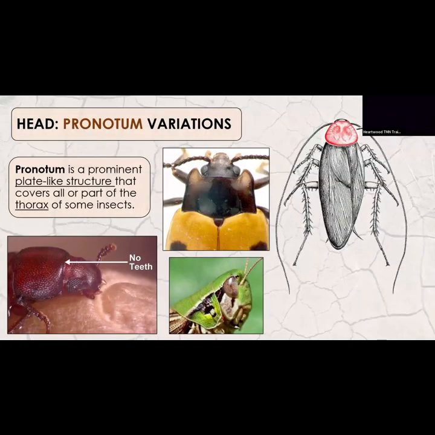So pronotums, that was one of those words that we had mentioned earlier that is going to be used in entomology. I hear pronotum all the time because I deal a lot with bark beetles. So the pronotum, that's that plate-like structure. Sometimes it covers the head, and that's an important characteristic. Sometimes it can just have a lot of modifications, but it's present on insects. So that's the word that you often hear in entomology, and it can help you decide what order of insects you are in.